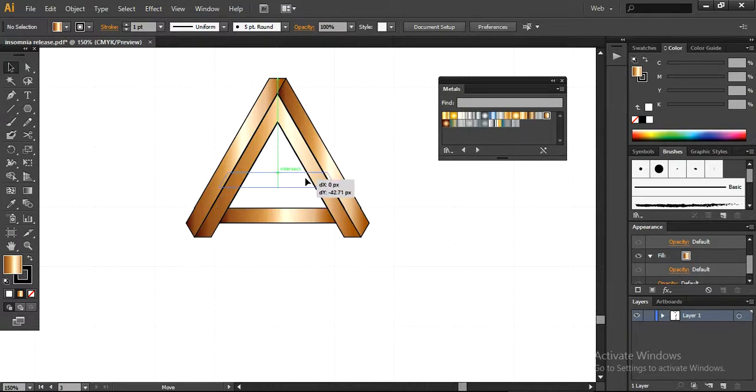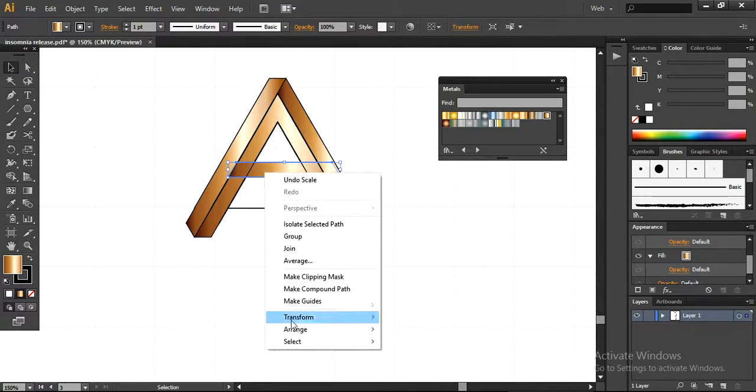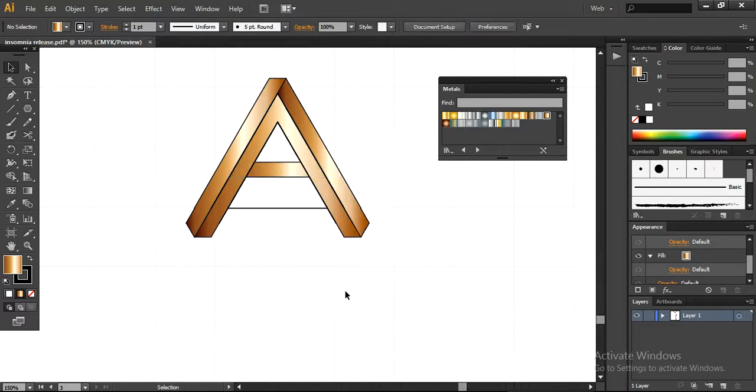Now I want to take this one to the upside simply like this, and make sure everything is connected together. Otherwise you can simply arrange and send it to back, so it will form a picture like this. Now you can simply delete it. I think the previous one was better, so I want to take this one. Okay,